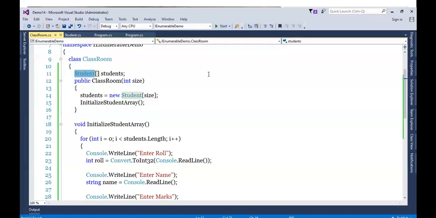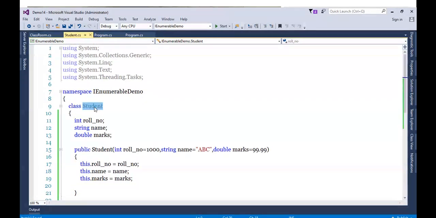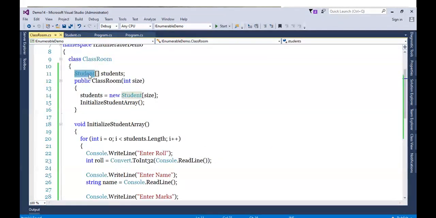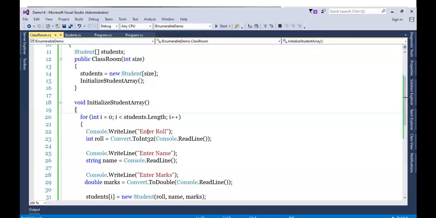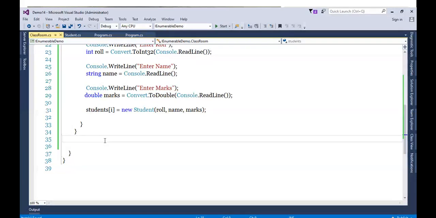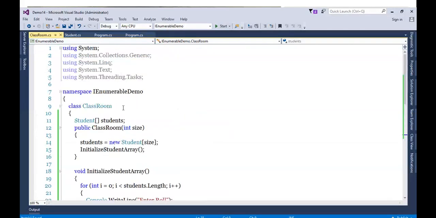So for the classroom class, there is a problem of displaying student elements, because we don't have any idea about the student type. And according to the theory, if you are implementing the IEnumerable interface in classroom, the IEnumerable interface will iterate the student collection in classroom, and accordingly the iteration functionality gets followed. This is the scenario. But what I told you already, we can do this without IEnumerable also.